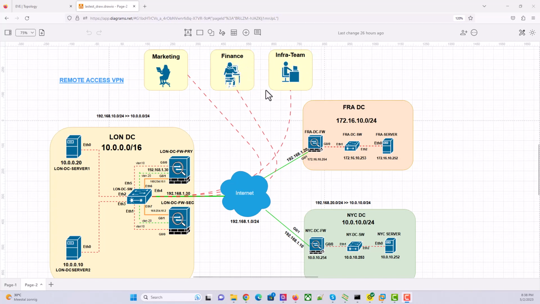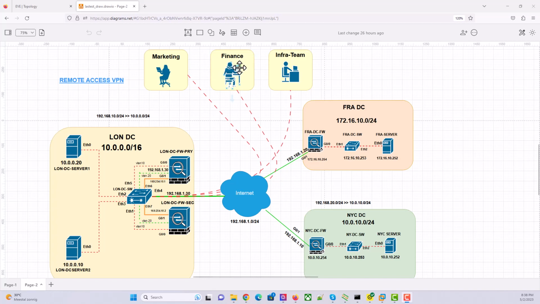So here's the use case for finance. Finance is a very, very sensitive department because it deals with a lot of money for the company, which is very important. So our manager asks us that for this user,